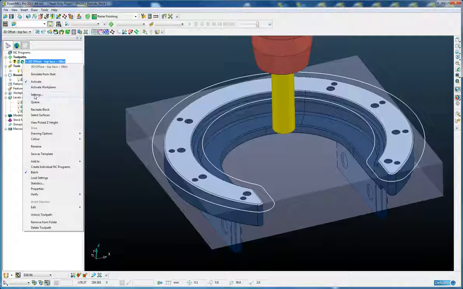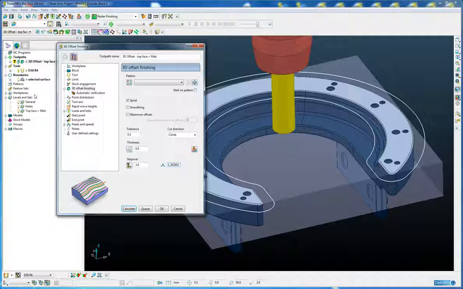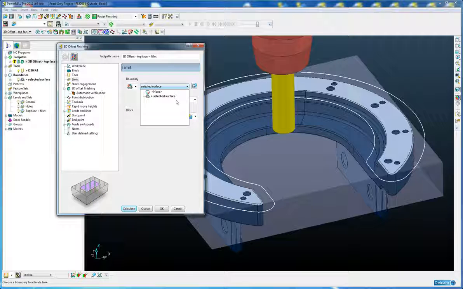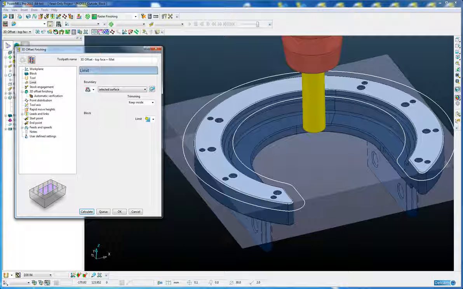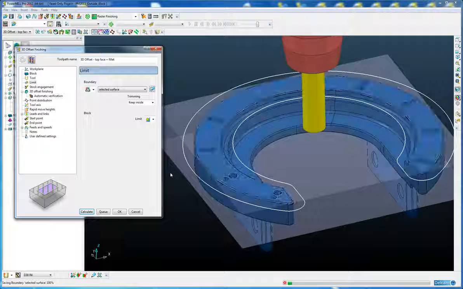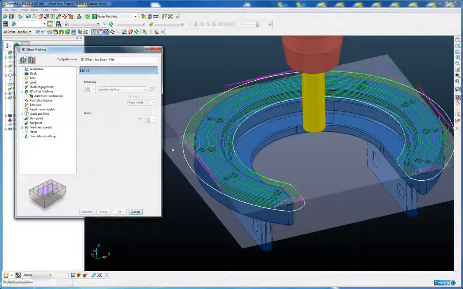So we're creating a 3D offset toolpath which I have batched already. The boundary is pre-selected. Now again we have the same options for limiting the toolpath relative to the block. So if we trim the toolpath to the edge of the block and we calculate, you can see there,